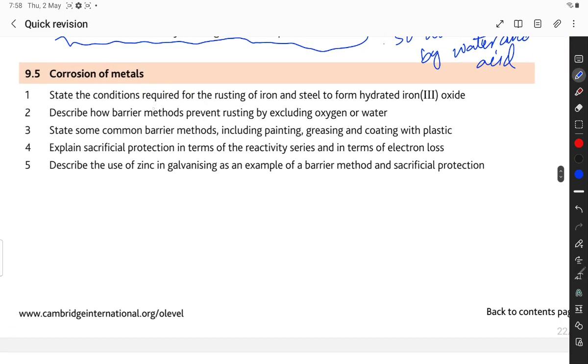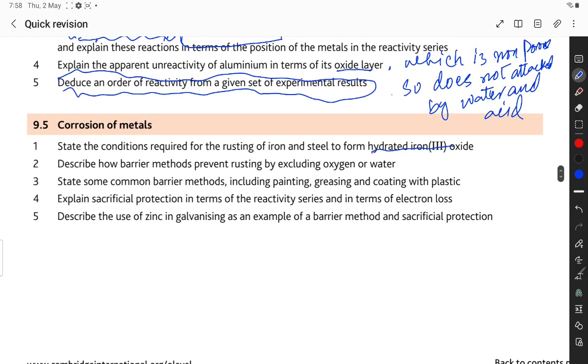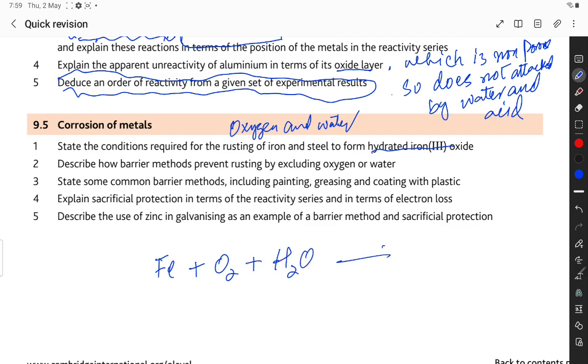Corrosion of metal: state the conditions required for the rusting of iron and steel to form hydrated iron(III) oxide. The conditions are air, oxygen and water. These are the two conditions. And the reaction is like this: iron plus oxygen plus water to form iron(III) oxide